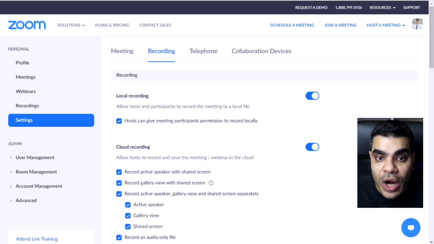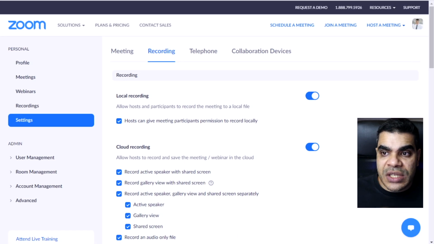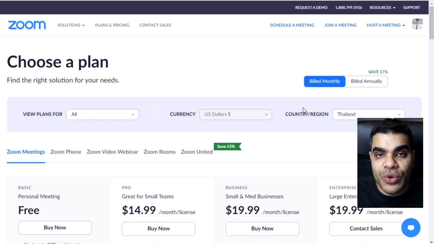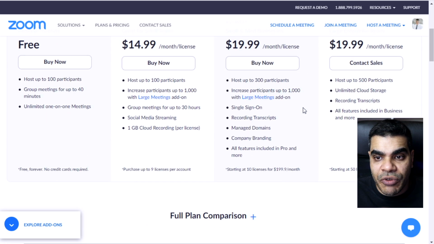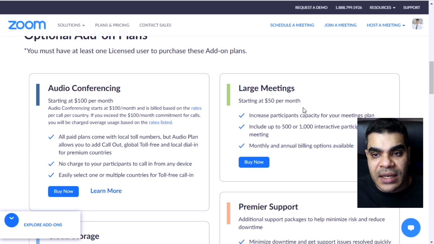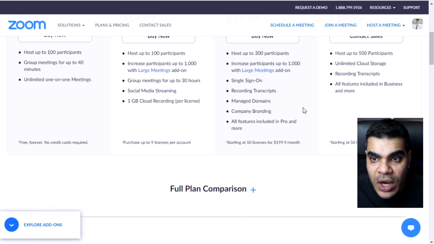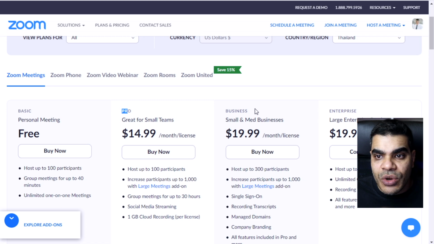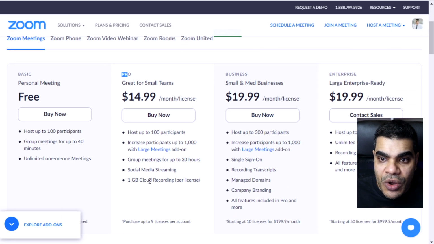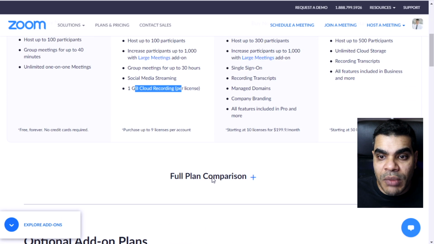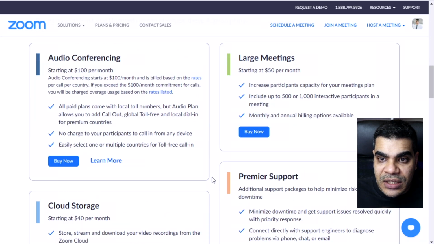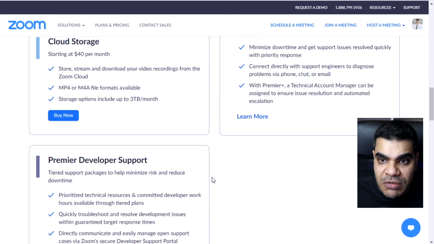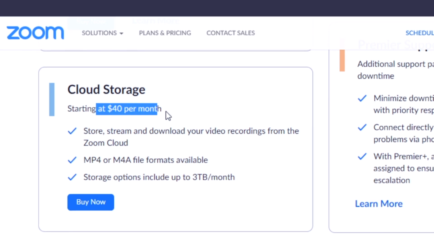The other thing that you are going to need to do is, if your sessions are quite long, then you might need to upgrade your Zoom hosting to actually allow you to store larger files. So for me, on my meetings, I have a limit. Everybody has a limit of 1 gigabyte, I believe I'm on the Pro plan, right? And so if you're on the Pro plan, you have 1 gigabyte of cloud storage, but you might need to upgrade that to 3 gigabytes, which I believe is over here. So that's $40 a month.